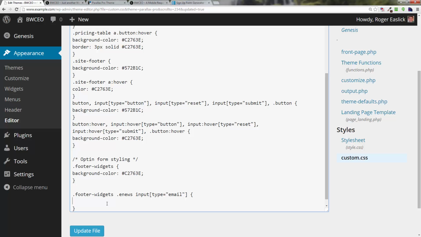And now what we're going to do is we're going to say float left. So that's going to make that email box go to the left hand side and let anything below it, if there's room, come up on the same line. And then what we want to do is say we're going to give it a width,